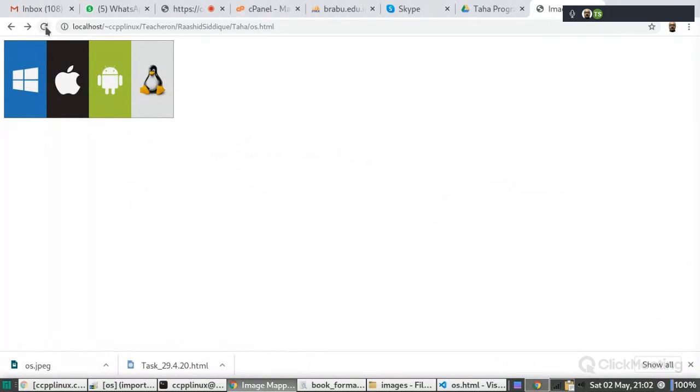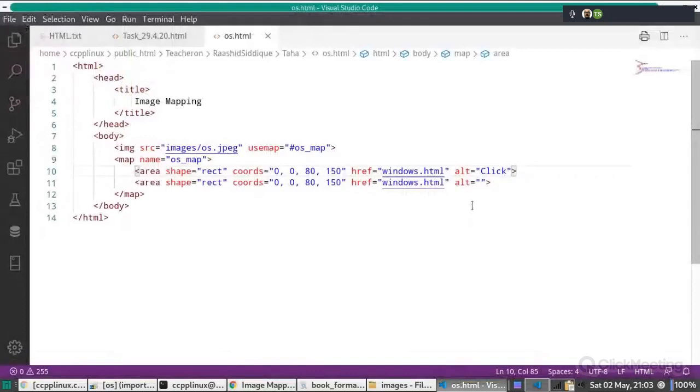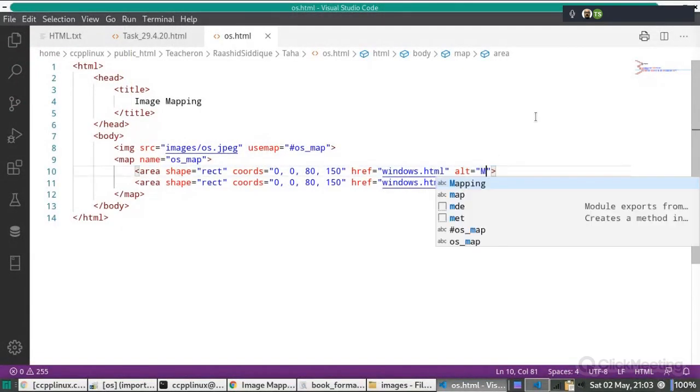This is actually the alternate text. Okay, means we have to write something about this link, about this area, कि what this area is. Okay, लेकिन नजर कहाँ आएगा वो? Where does it show? नहीं, वो नजर नहीं आएगा. It will be read by the search engine. Oh, search engine. Okay, it's behind the scenes. It's for the search engines to recognize what this is. Okay. So here we should write something about Windows, like this.